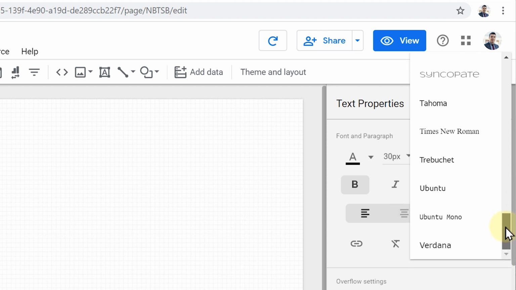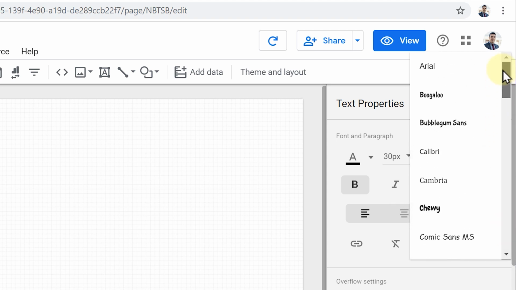I always try to improve the look and feel of my Data Studio reports, and typography is one of the most important parts of making a visually appealing dashboard. Today, it's only possible to choose from 38 fonts in Google Data Studio. We have a limited set of font sizes to choose from, and we can only choose from regular or bold